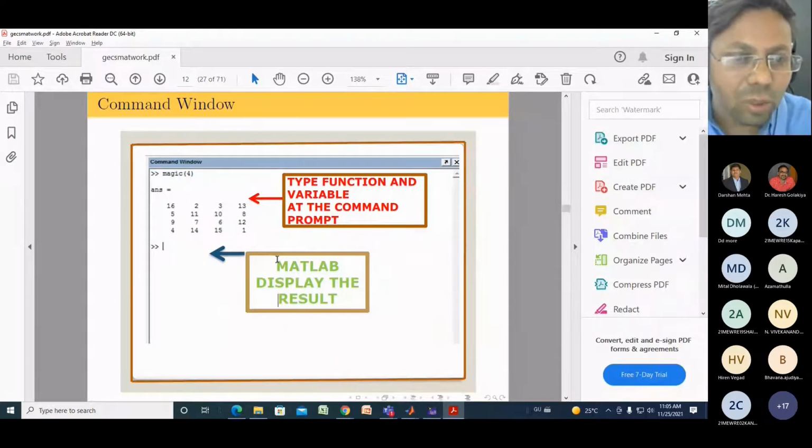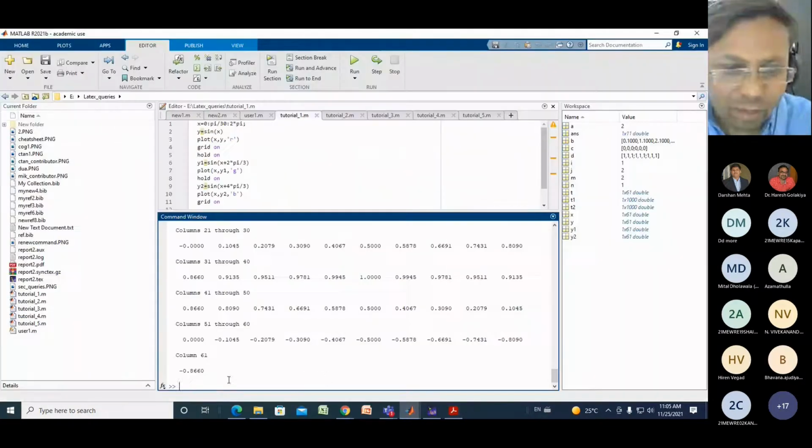So basically the use of the command window is to see the result and display the output. These two arrows are known as the command prompt. This is the prompt where you can write all these commands and see the result of that particular command.